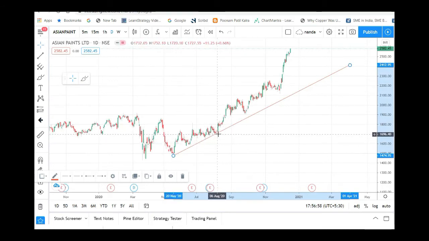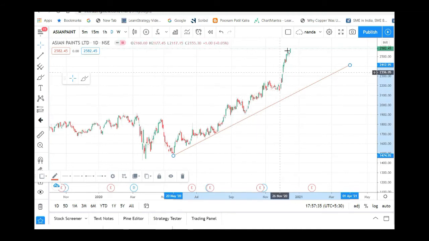Once we draw this trend line, whenever the price comes near it, that is the time we can buy this stock. In our example, whenever it hit this line, it went up. The second time it came near this trend line, it went up again. Again it came near this trend, and it went up. The next time it came near the trend line, it is trying to go up.